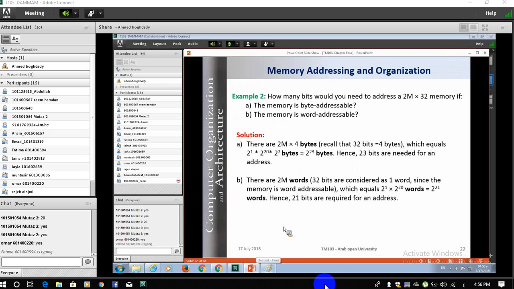واضح ولا لا؟ أكيد واضح. يعني التريك بسيطة جدا. إذا ميموري بايت هذا راح نحوله لبايت ويدخل بعملية التحويل. إذا قال لي وورد ادريسابل انسى الويب، بس خد اللينك. كلير؟